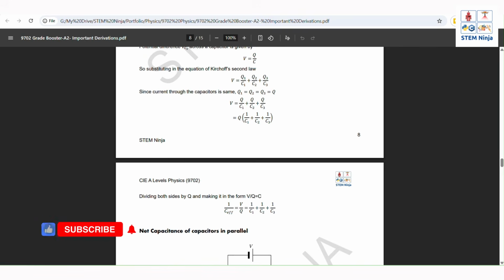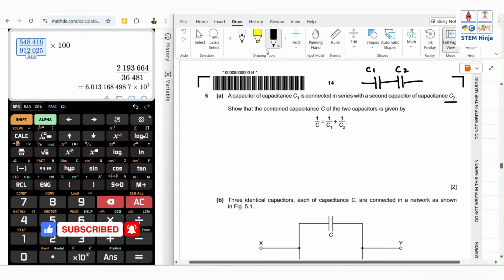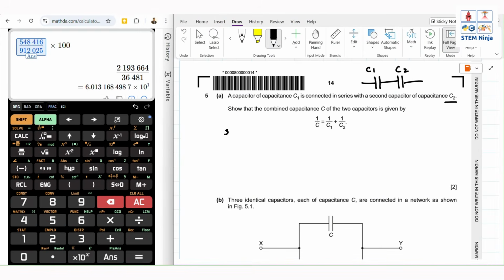So neatly, let's write it. Since C1 and C2 are in series, the charge flowing through them would be the same. Q1 equals Q2. Let's say this is just Q. So according to Kirchhoff's second law,